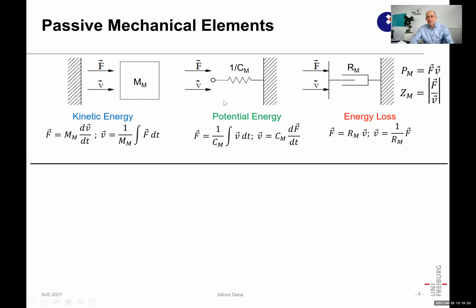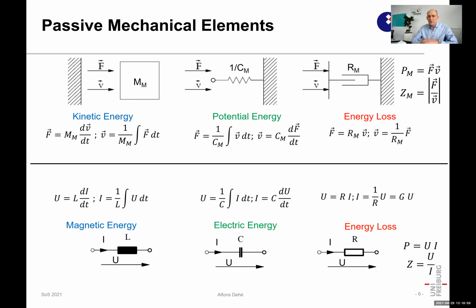If we have a spring, we can describe this with a potential energy using the spring constant, or what we rather use in the acoustics, and therefore I put it for the mechanics as well, a compliance. So the inverse of the spring constant is a mechanical compliance. So we can use this also, integrating the velocity of the spring, or simply having a relation for the dilatation of the spring. And last but not least, as I said, energy loss, like the Ohmic law, you have a force into a resistor times the velocity. So this is very simple